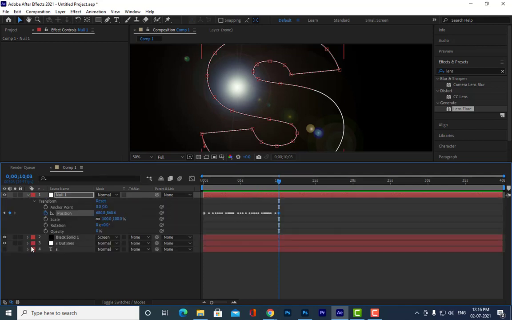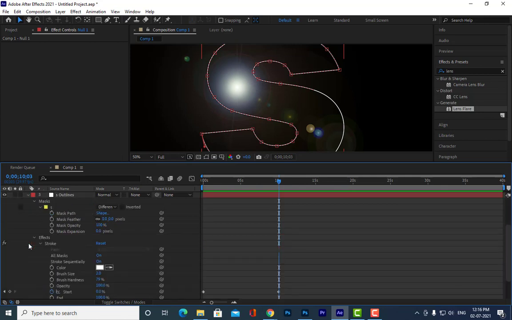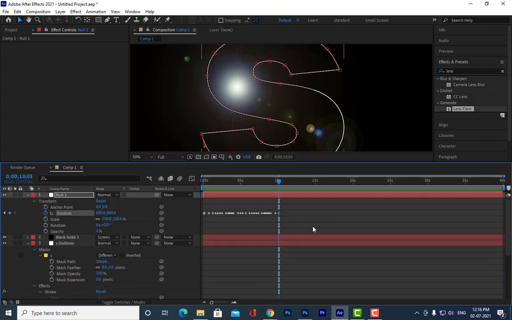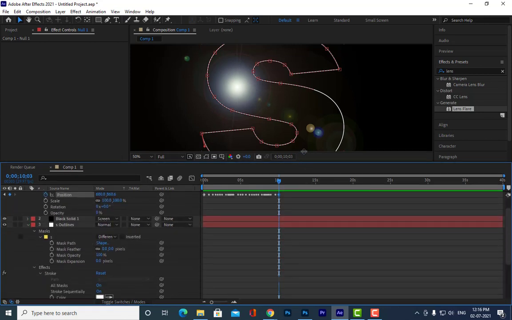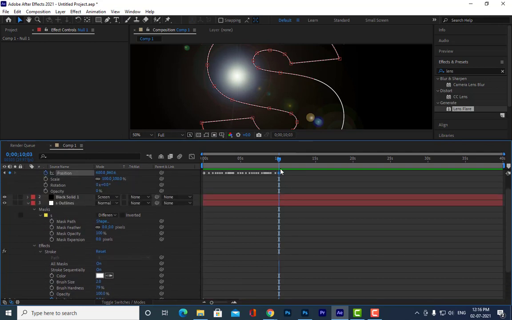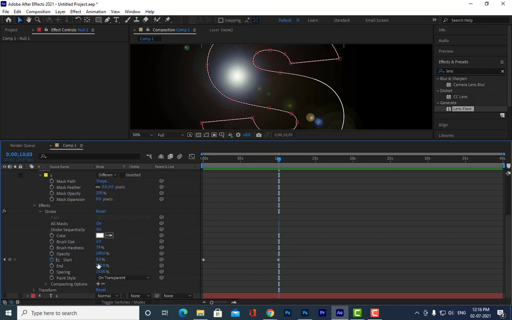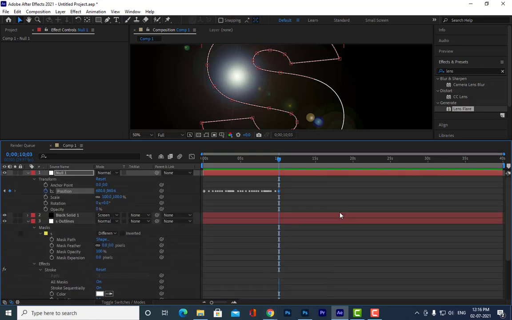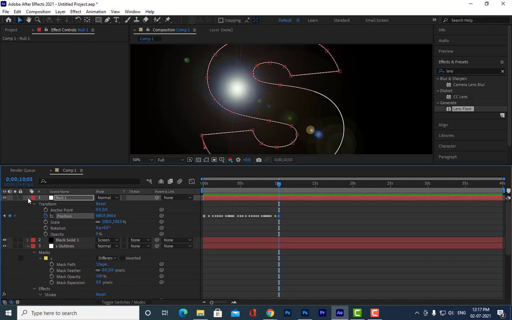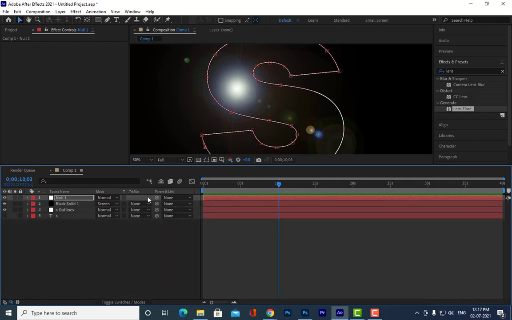Yes, sir. Nitin, are you able to understand? Yes, sir. I have matched the keyframes of the null object to the keyframes of the stroke. Now you can see the effect properly. Let me open it.